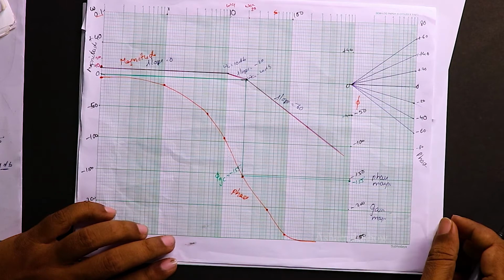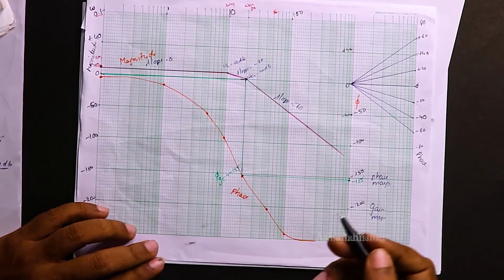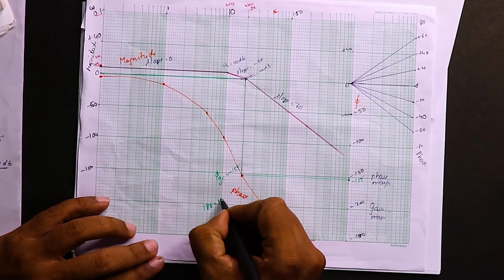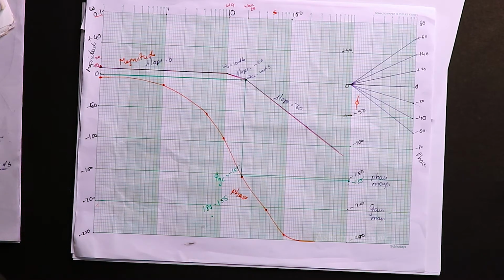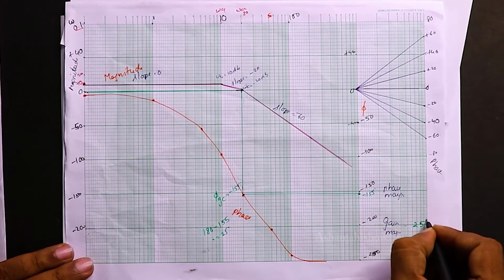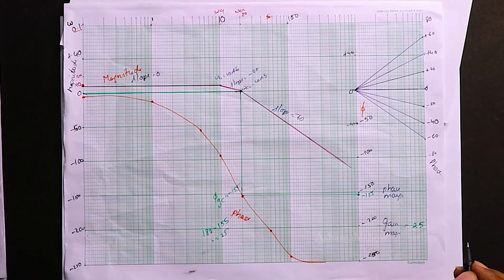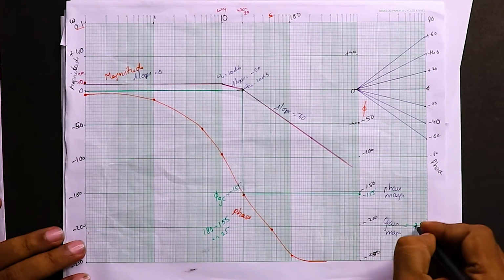Okay. So now how to find our gain margin? So phase margin will take it as 180 minus 155. So phase is 180, right? How much I got 155, right? So 180 minus 155, how much is the value? This is 25. Okay. So phase margin is 25. Right. Sorry, I got confused.